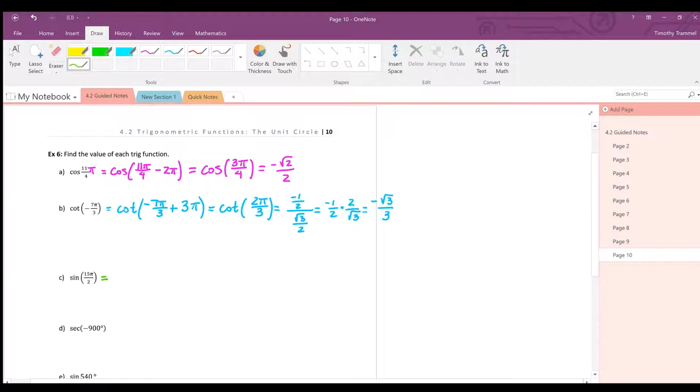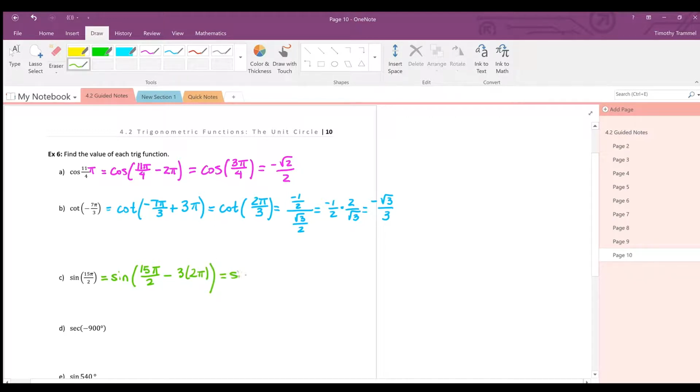And let's try out the next one, 15 pi over 2. So this is definitely bigger than 2 pi. So we're going to want to take away a bunch of 2 pi's. Let's think about how many. So 15 halves, that's 7.5, right? So we want to take away enough 2 pi's that we end up less than 2 pi. So I think that's going to take us 3 of them. Is that right? Let's try that out. So if I do 3 2 pi's,